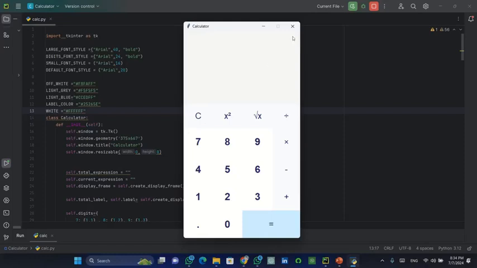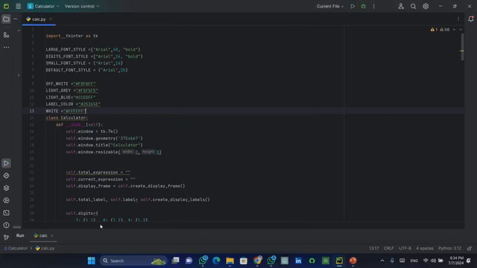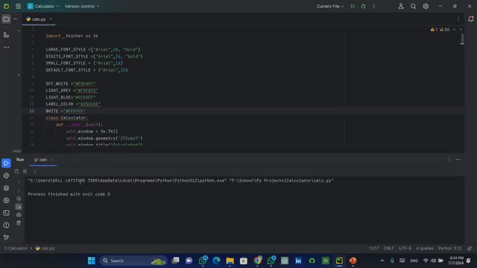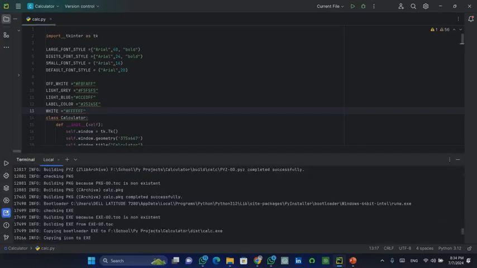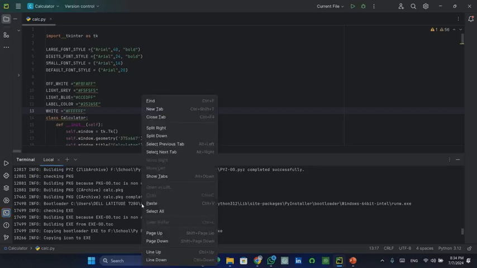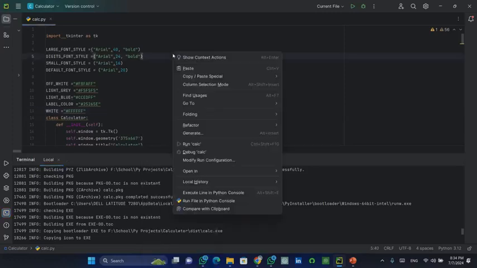I've also created an executable file for this project. Let me show you. Let me show you in my terminal. This one, I've created it. When I open it in my Explorer